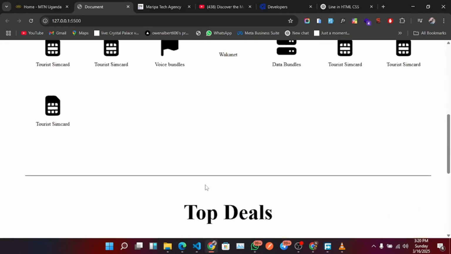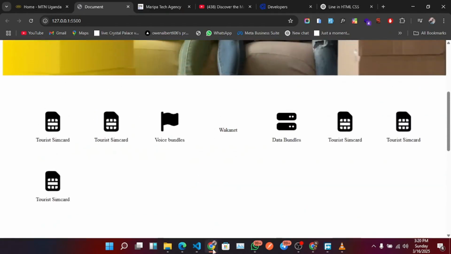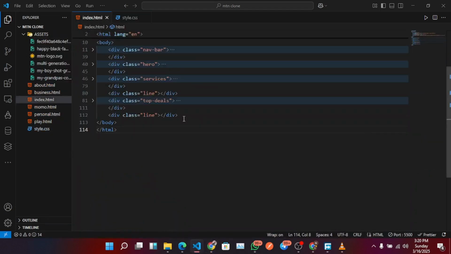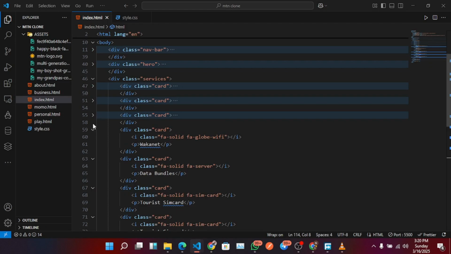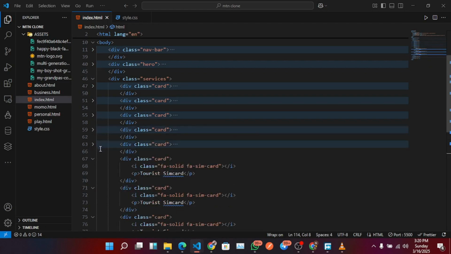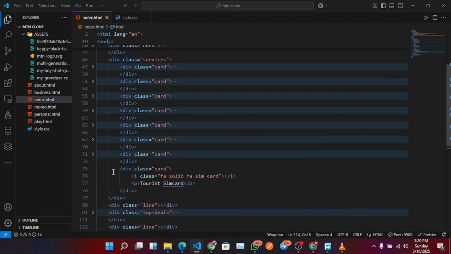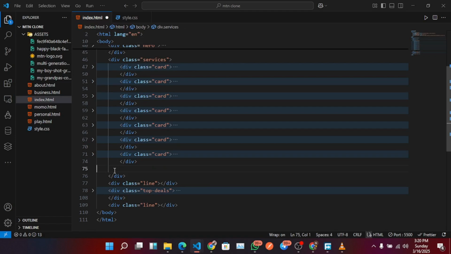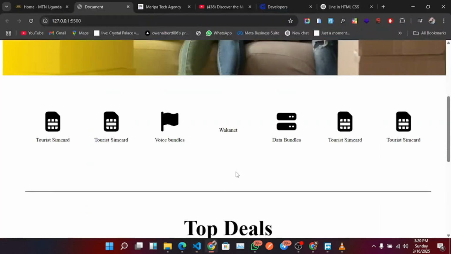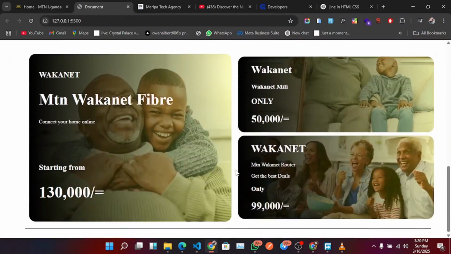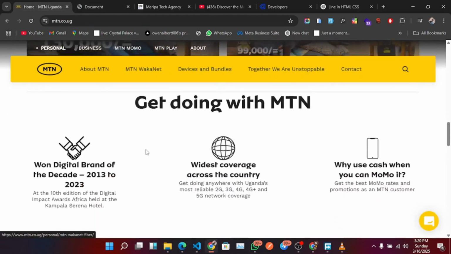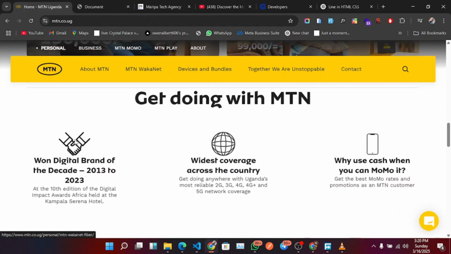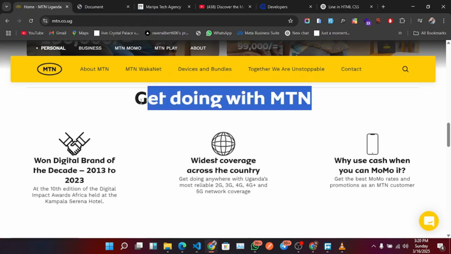Okay, so we will proceed, and I think on this section where we do have the services and the cards, I think we can maintain 8. Can remove 1 card, can do away with 1 card. Okay, and we'll remain with that. So simple as that. We shall proceed to this section. We have an H2 getting done with MTN. We can copy this,